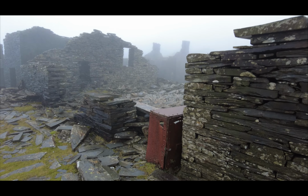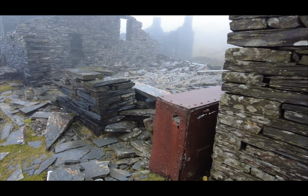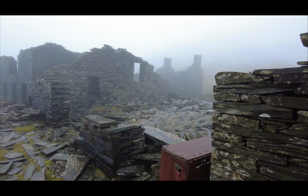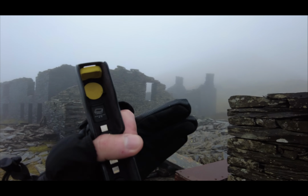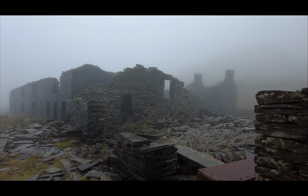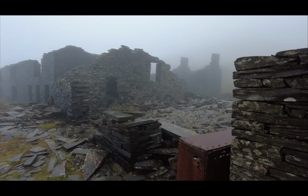We've made it up high now, high up the mountain, and there's loads of derelict slate buildings. I'll give you a little tour around here, and then I'm going to get my camera out and line up a few shots like this. Look, it's an old rusty metal tank, cast iron tank there, and then these walls that are all leaning over in this direction. So a shot from the left hand side through there, definitely you would have seen that just as I walked up here. Quite like this one from here,